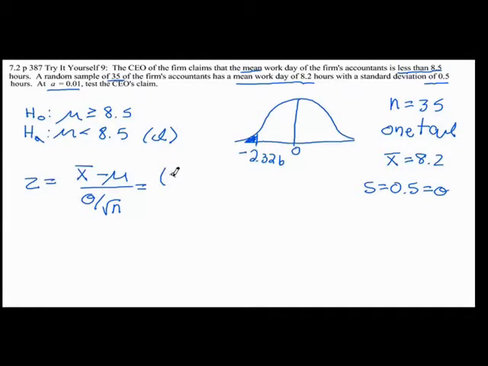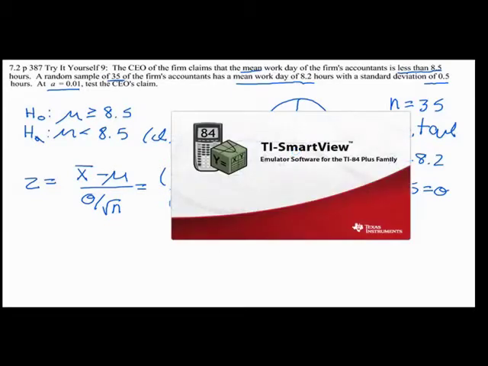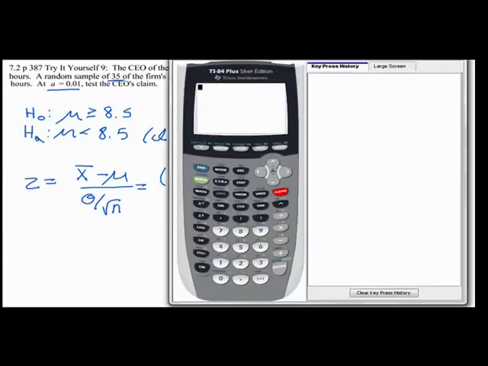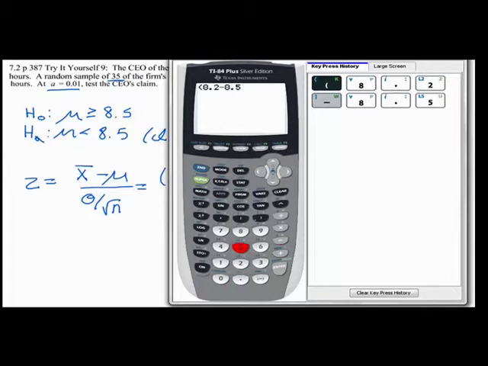Open parentheses, 8.2 minus our mean, which is 8.5, our population mean supposedly, divided by the standard deviation, which is 0.5, divided by the square root of n, which is 35. We're going to get that in our calculator, and I would use the parentheses. So we're going to do our open parentheses, 8.2 minus 8.5. Got to make sure you definitely put the subtraction in parentheses, because your calculator is definitely going to want to divide first. Divided by, I'm going to use parentheses here,